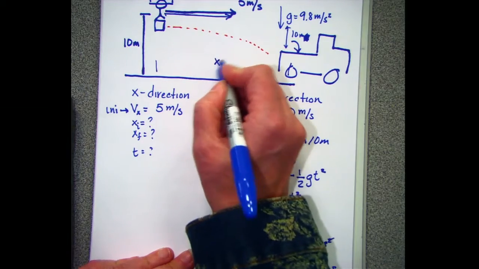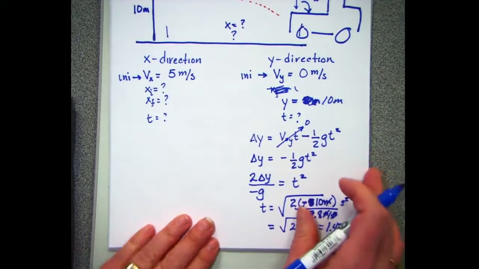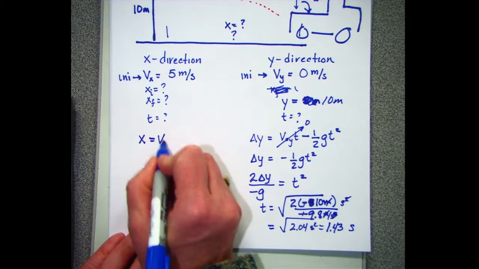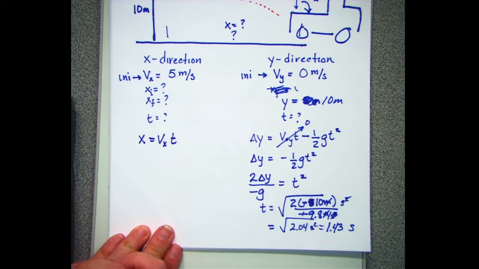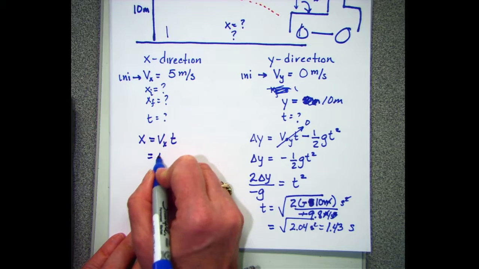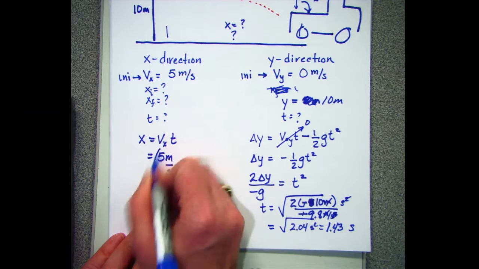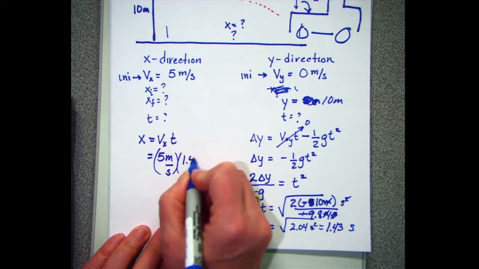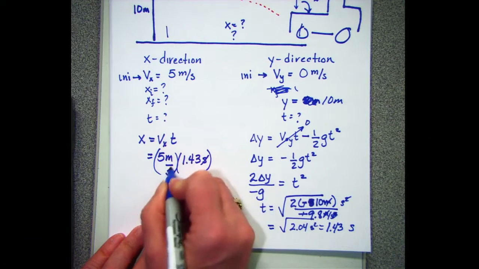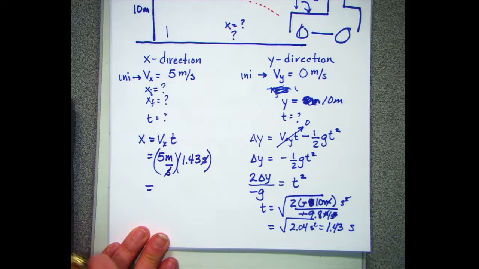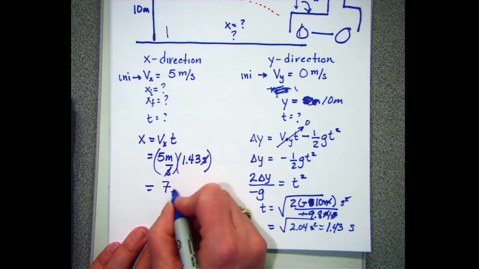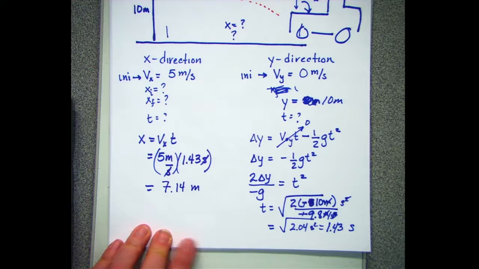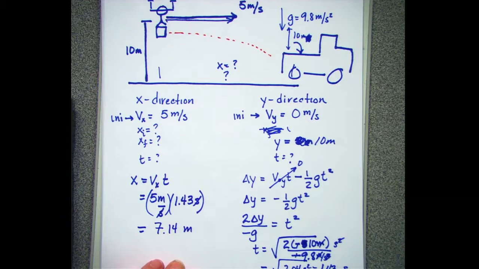What's the distance? Well, that's easy enough, because my distance is going to equal the velocity in the x direction times time. I now know time. I have the velocity in the x direction is 5 meters per second, and I have to drop it at 1.43 seconds. Those cancel out, and it's going to be 7.14 meters. So when it gets 7.14 meters out, it better drop, release, in order for it to hit the back